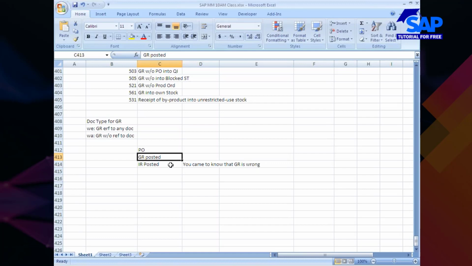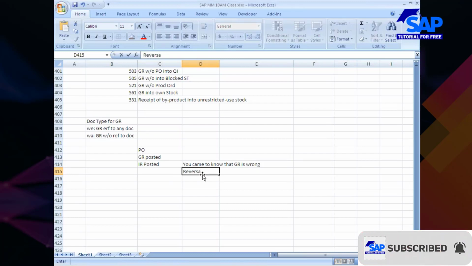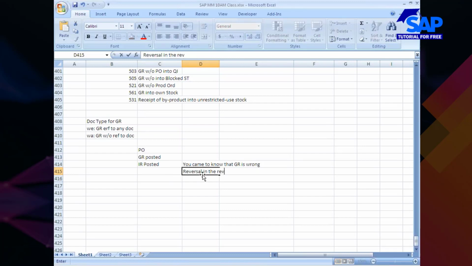So first we have to reverse the invoice receipt and then we should go to GR reversal. Exactly. Reversal in the reverse chronological order. So what you do, you first do IR reversal, then you do GR reversal, and then you do GR properly. Isn't it?